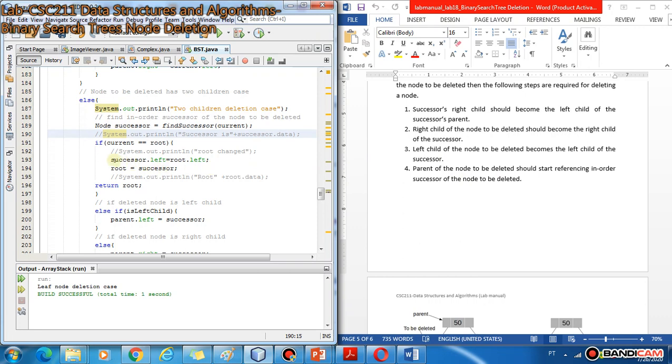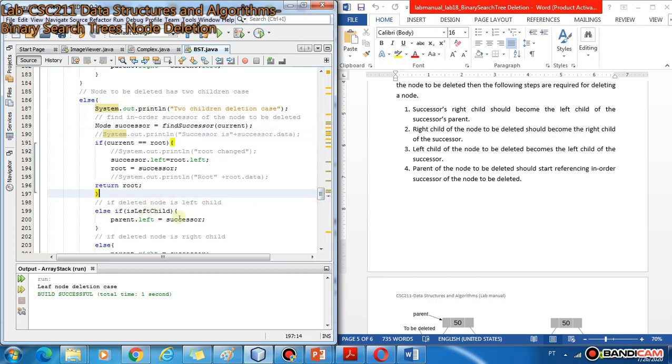So you make successor dot left equal to root dot left, because current is pointing to root, or you can also use successor dot left equal to current dot left. And then you update root to point to the successor. In this way the earlier root node is deleted because it does not have a proper reference.